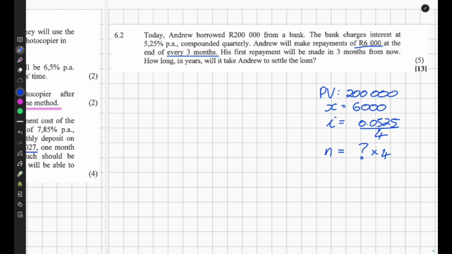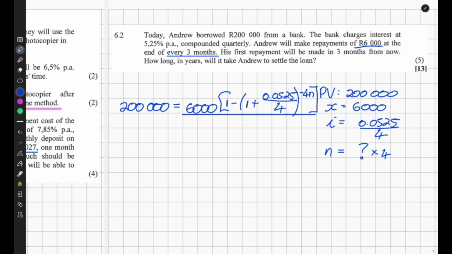So present value formula, just check your formula sheet, but it will be 200,000 is equal to X, so 6,000, and then 1 minus 1 plus 0.0525 over 4, and then to the power minus 4n. Okay, all of that is over i, so 0.0525 over 4. First thing I'm going to do is I'm going to say this is 200,000 divided by